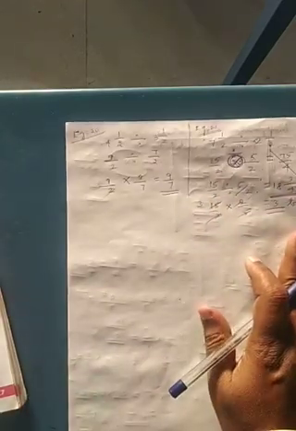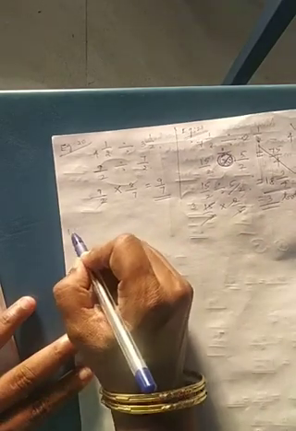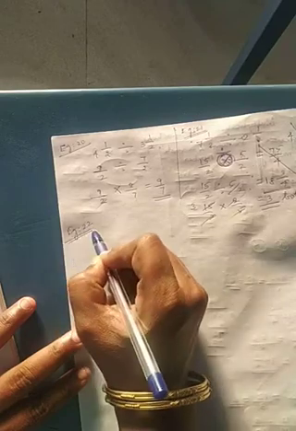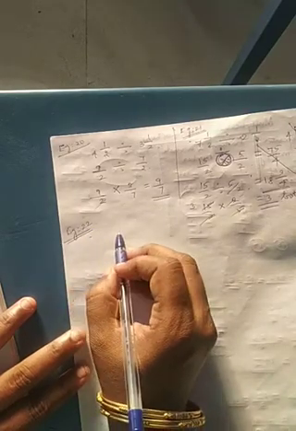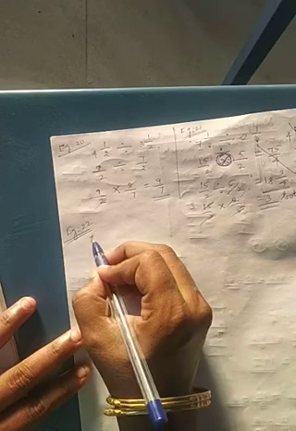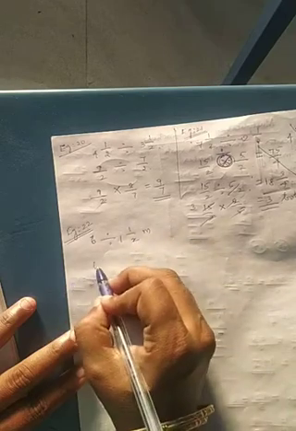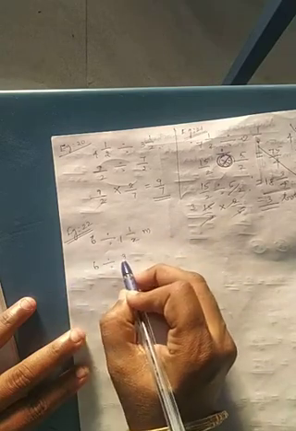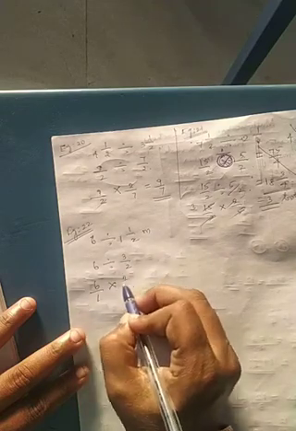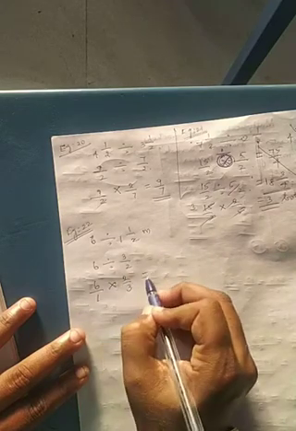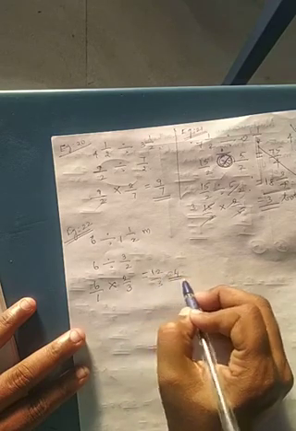Okay. Now coming to the example 22. Example 22. Here I have a rod of length 6 centimeter. I am going to divide it into 6 divided by 1 by 2 meter. So what is that? 6 divided by 3 by 2. That is 6 by 1 into 2 by 3. So what is happening? 12 by 3. 12 by 3, which is equal to 4 rods.